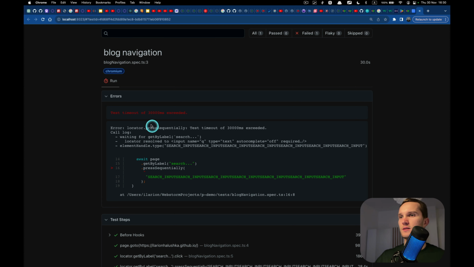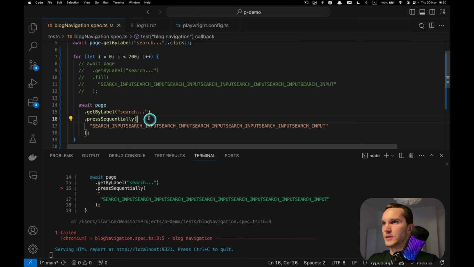That's interesting. Timeout exceeded, waiting for getByLabel search, locator resolved to element handle, type, press sequentially.